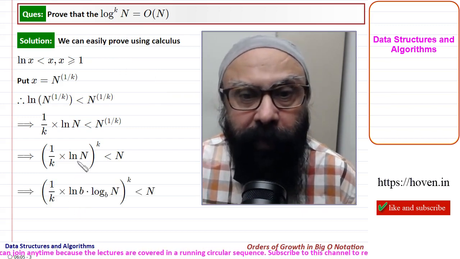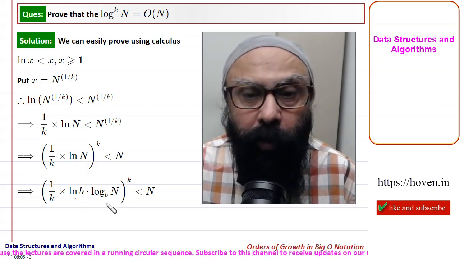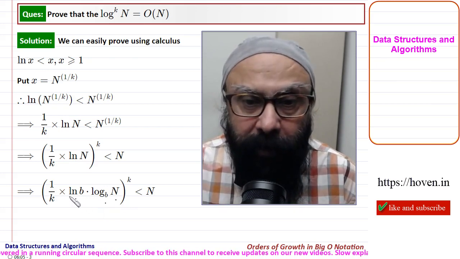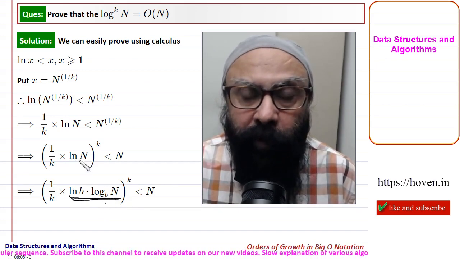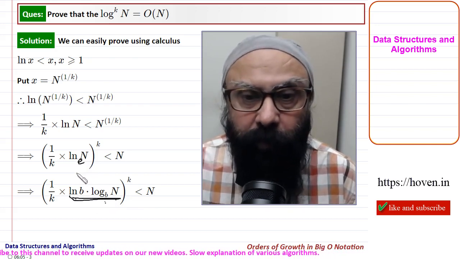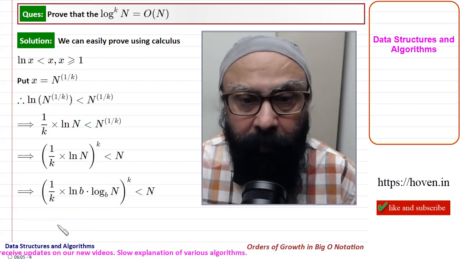For this we will substitute log natural of n as log natural of b times log to the base b of n. This is again a transformation of logarithms from the base e to any generic base b. With this substitution we get this, you can see it clearly.